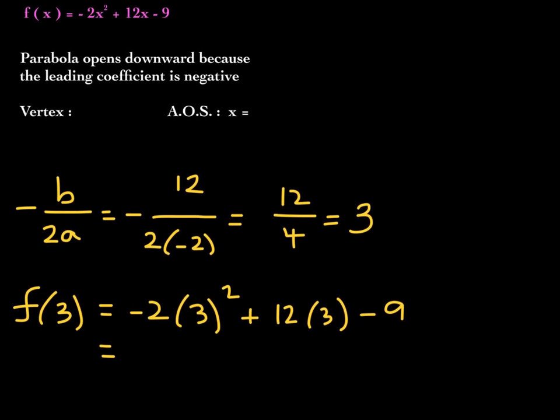and you get 3 squared is 9. 9 times negative 2 is negative 18. I'm trying to be very careful here. 12 times 3 is 36, minus 9. So when you do all of this arithmetic, you get 9. Yeah, 9. All right. Positive 9. So then the vertex can be written